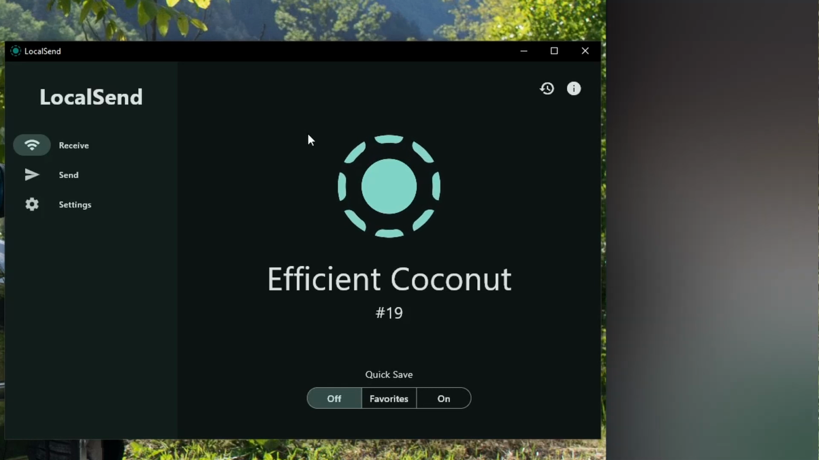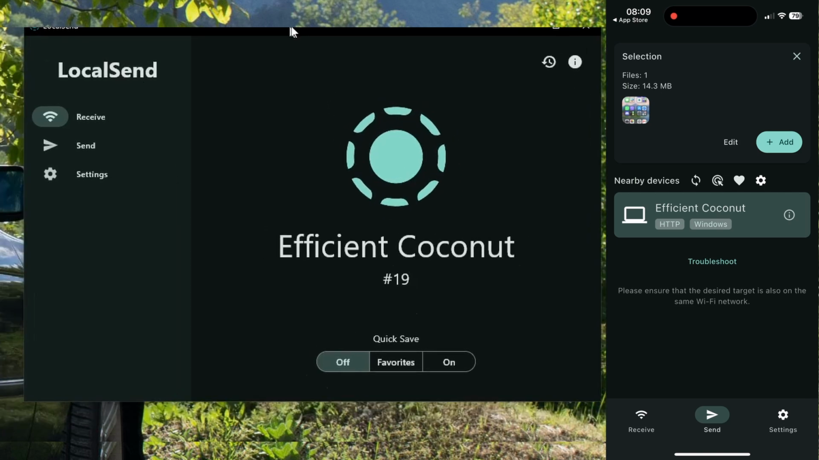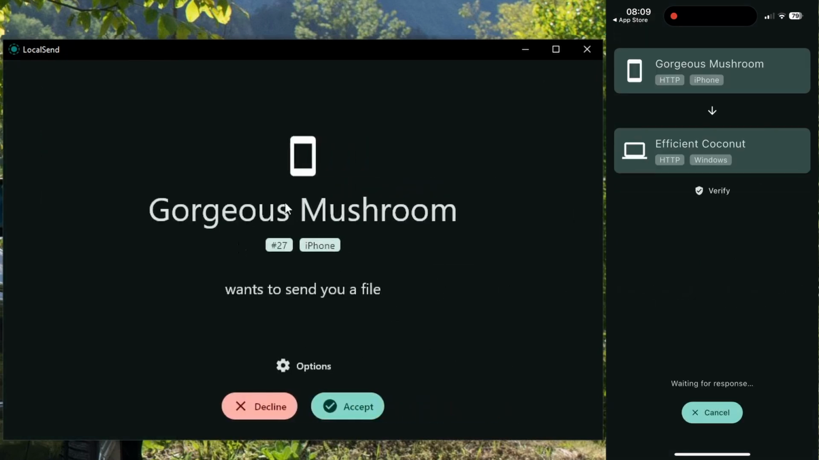Let's select the video, confirm, and here we're gonna see nearby devices, Efficient Coconut on my iPhone, and here on my computer I'm gonna see that the name of my computer is Efficient Coconut, so I know that that's the device. So let's tap on it. Gorgeous Mushroom wants to send me a file, and as we can see, Gorgeous Mushroom is the name of my iPhone. Let's accept,